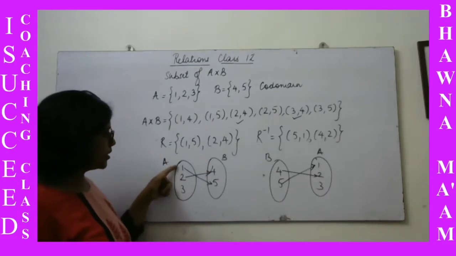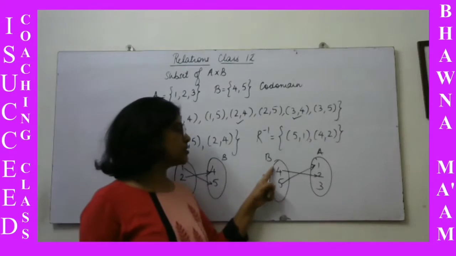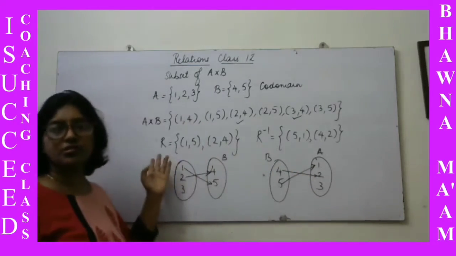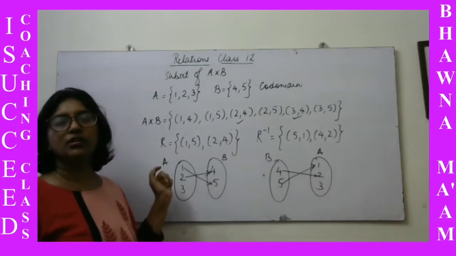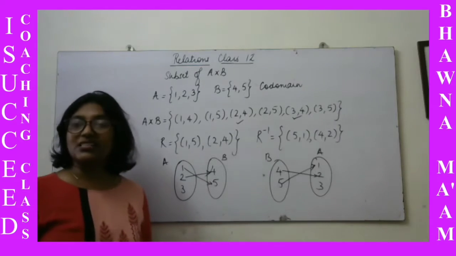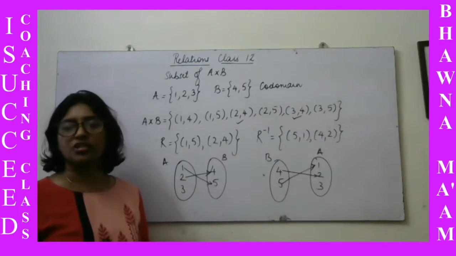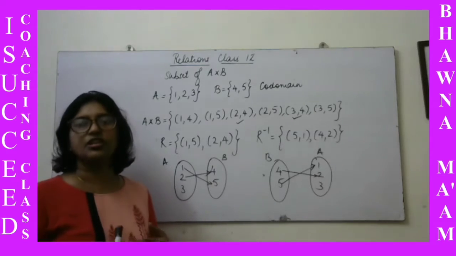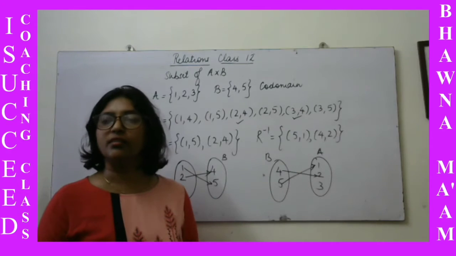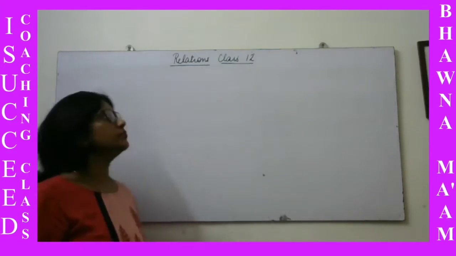Okay, over here the domain is {1, 2}, the range is {4, 5}. Over here the domain is {4, 5} and the range is {1, 2}. So finding R inverse is very simple. Just flip the entries, that will give you the R inverse entries. Okay. So this is about the basics of relation, like what is a relation and what are the different types of relation. We saw that we have empty relation, then we have universal relation, and then how to find the inverse of the relation. Now we'll go further to this.